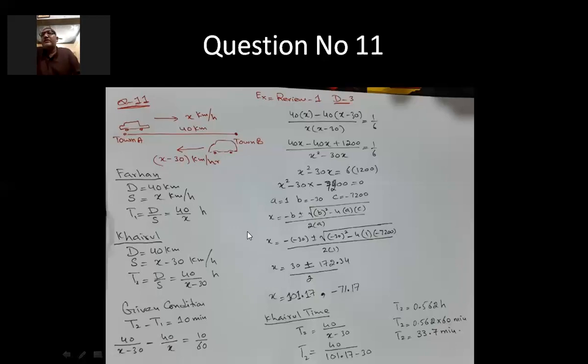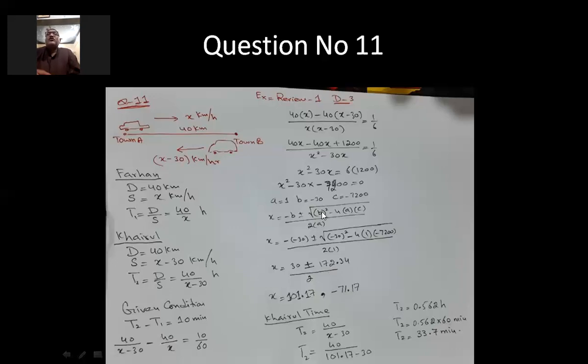The quadratic formula is X equals minus b plus minus under root b square minus 4ac, the whole thing divided by 2a. So the value of b here will be minus 30. And you can see I have substituted the values of a, b and c. So it will become 30, it will become 900. When you multiply them, this becomes positive. And you do this on the calculator, and after taking the under root, the value will be